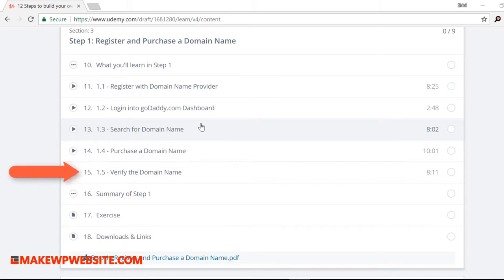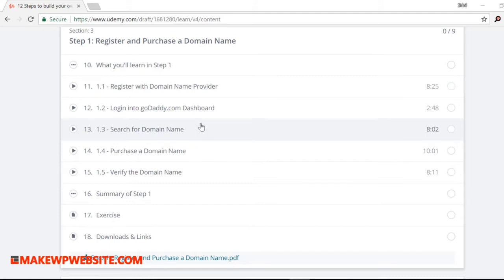Finally, we will verify the domain name. This verification is a very important step. It helps you ensure that the domain is registered in your name, and you will do some kind of verification online as well to make sure it's visible not only in GoDaddy but outside, to say that this domain is registered under your name. Then we'll show you a couple of things on how to verify that, and once the verification has been done, it actually confirms that the domain is registered under your name. So in section 1.5, we're going to do all those verification steps,